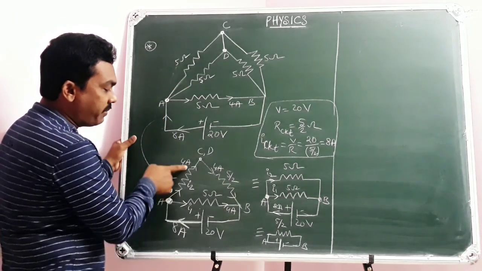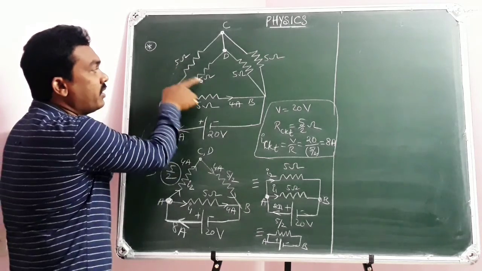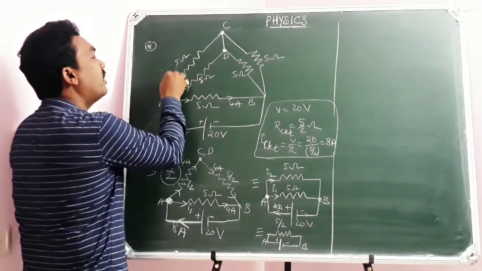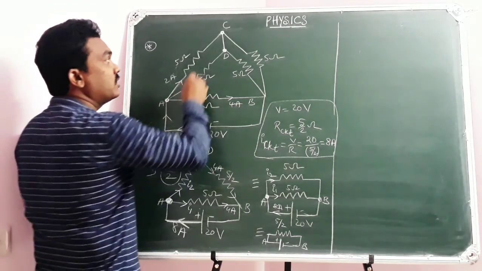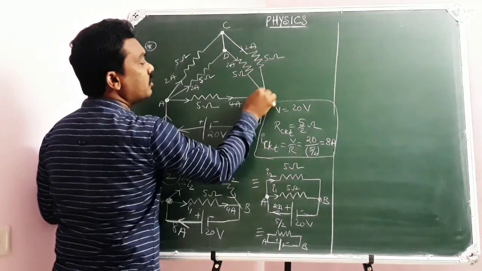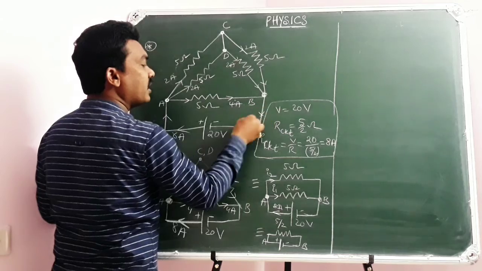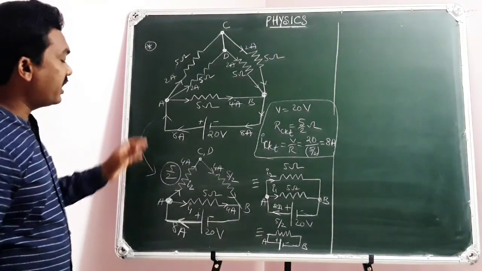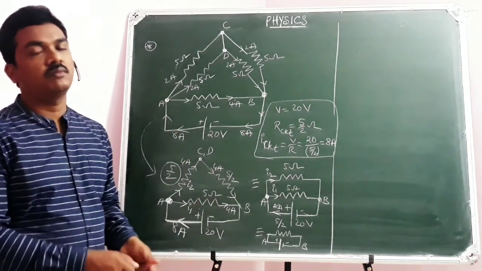So here through 5 by 2 ohm there is 4 amperes, but 5 by 2 is the resultant of 5 ohm and 5 ohm, means that 4 again will be distributed here as 2 amperes and 2 amperes because of equal resistors, so equal distribution of current, and they will join here to give 4 amperes. So with this 4 ampere and with this 4 ampere, finally 8 amperes current will come. So this is how you can explain the division of currents in the same electric circuit.